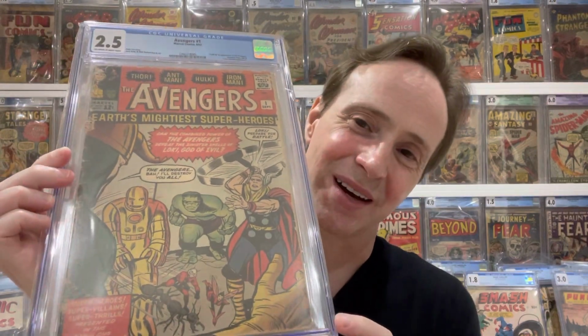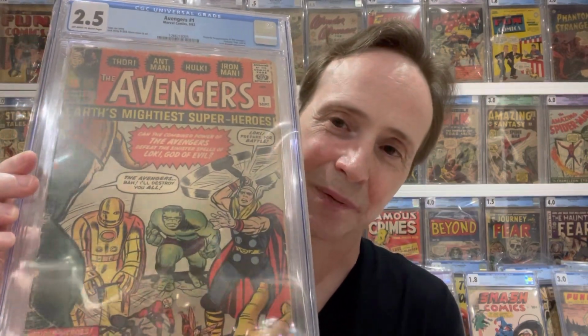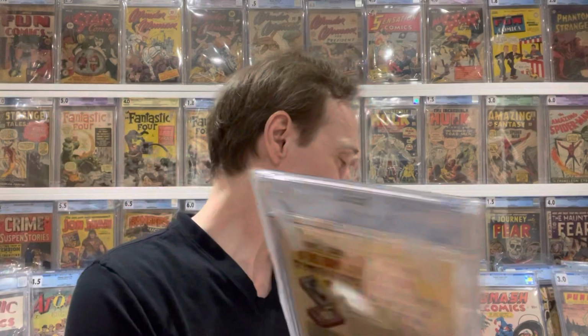It is a very sought after book, though, because Avengers, their popularity is super high right now. And this is Avengers #1, and it's the first time that we see the Avengers assemble, right? As a team. And yeah, this is from 1963, and this is a low grade, but even in this low grade, because of the popularity of the show and the movies that came out, it's just an expensive book. Typically, this book will go for about